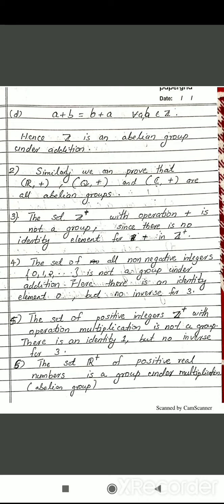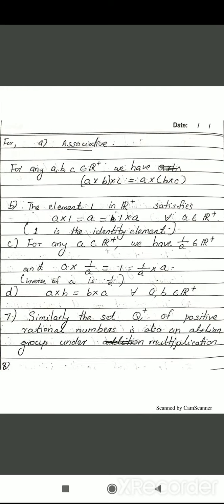Now, consider the set of positive real numbers. That is a group under multiplication. In fact, it is an abelian group. That is a straightforward verification. Clearly, we are considering positive real numbers. For any A, B, C, we have (A into B) into C is A into (B into C). And what is the identity element here? Here the operation is multiplication. The element 1 belongs to R plus, satisfying A into 1 equals A equals 1 into A